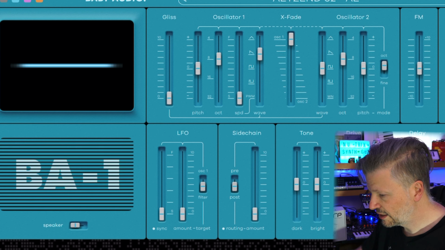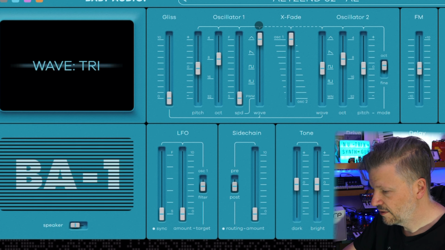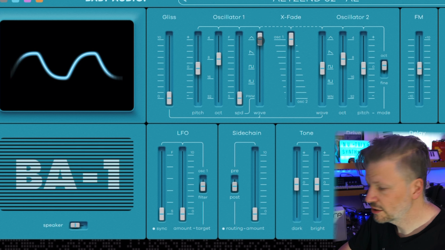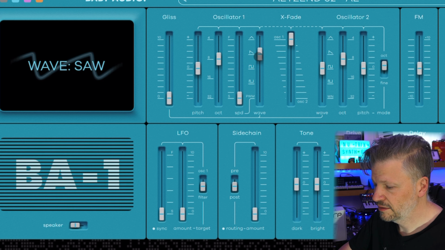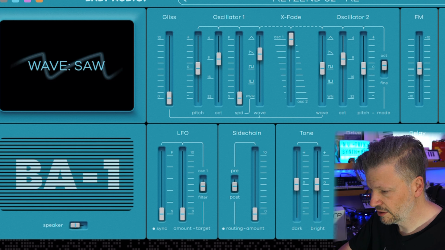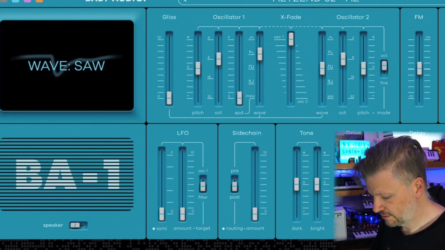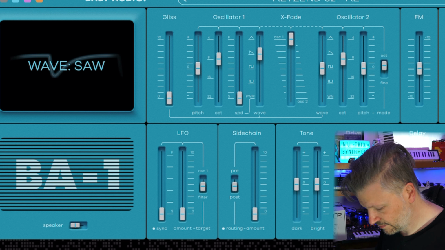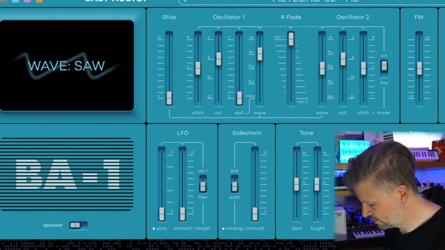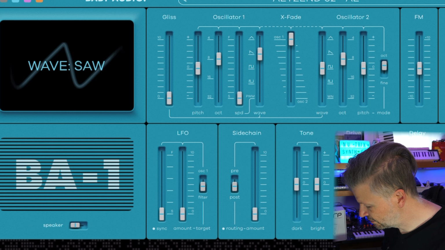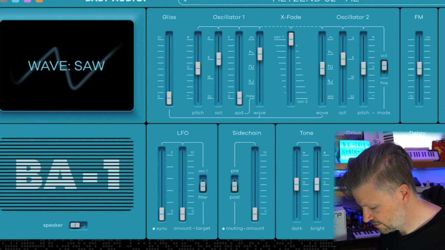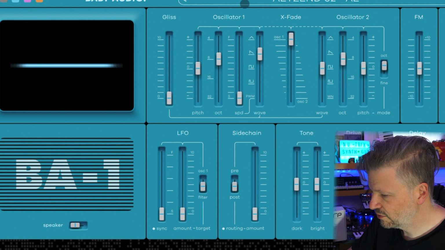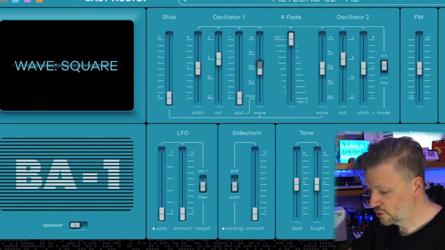The first oscillator can have a choice of triangular waveform, which is the least rich in harmonics, and sawtooth, the richest in harmonics. Listen to that sound. That's the sound of a raw sawtooth, and even at high pitch, it just sounds good. Okay, you have what we need. Then you've got the square,